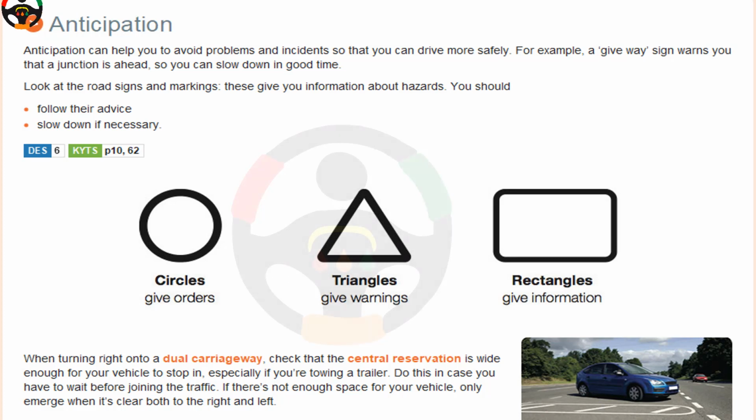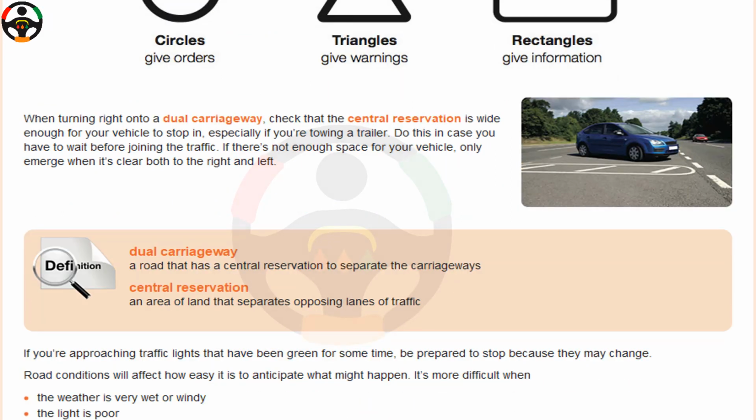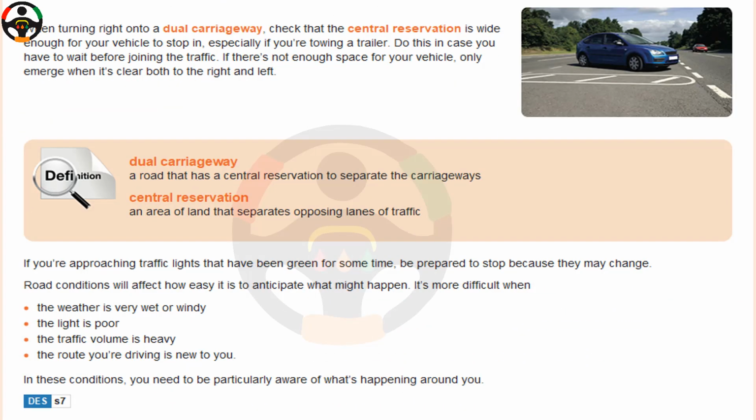These give you information about hazards. You should follow their advice. Slow down if necessary. Circles give orders. Triangles give warnings. Rectangles give information. When turning right onto a dual carriageway, check that the central reservation is wide enough for your